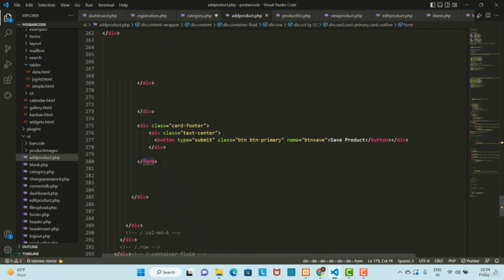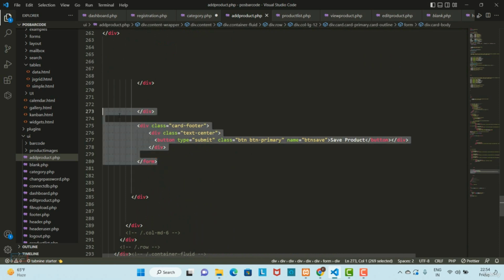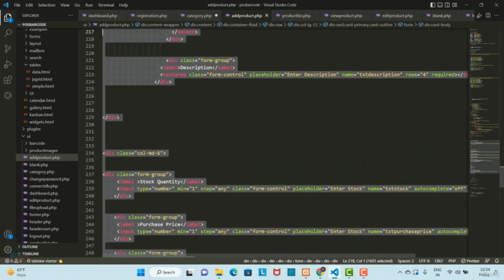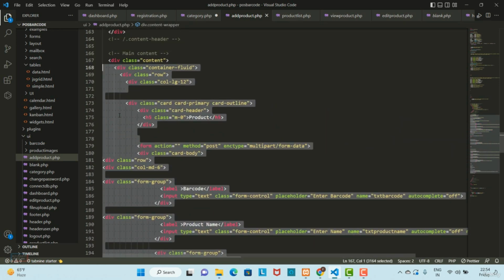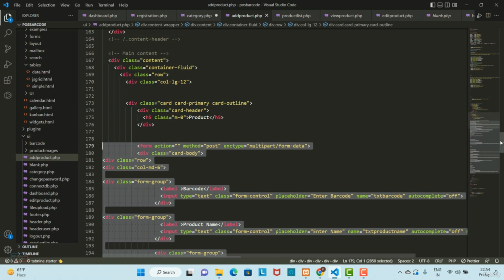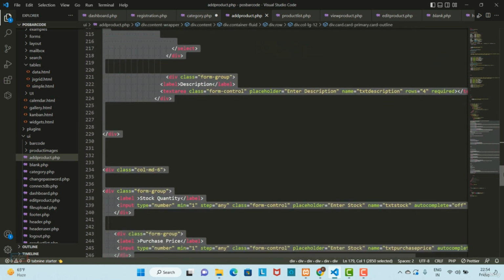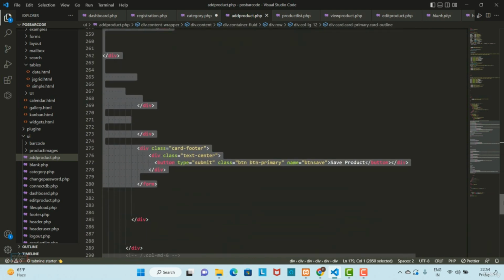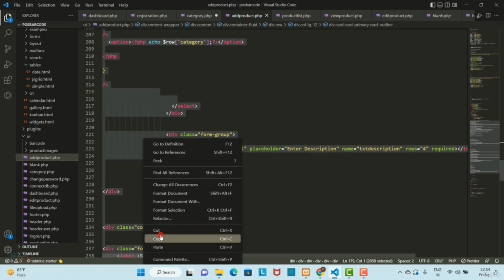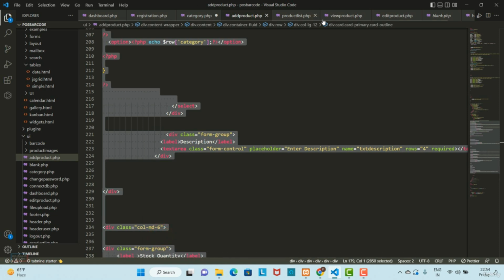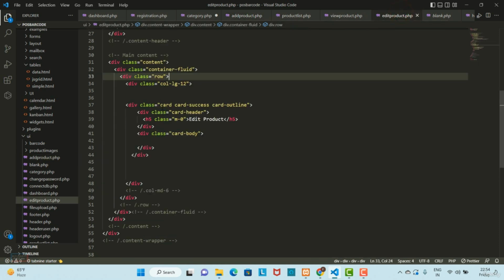So this is the close tag. From the close tag I am going to copy to the starting tag of the form. Okay, so you can see here the starting tag of the form and the end tag of the form. So right click, copy, and let's go on edit product and